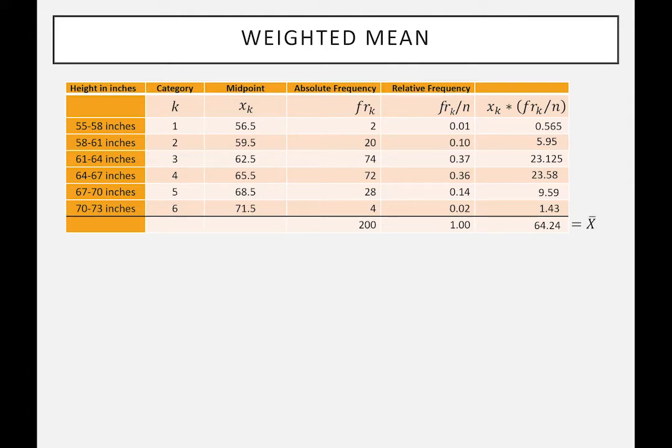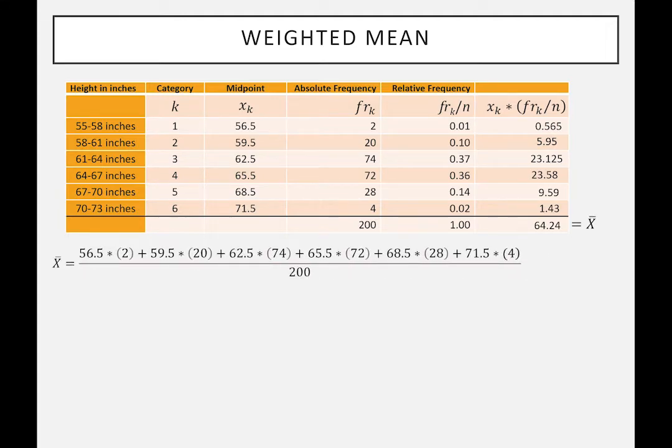I want to take a quick glance at what this calculation amounts to really. If I were to do it the simple method as before, well, in effect, what would happen is I'd have two students that were 56.5 inches tall. Then I'd have 20 students that were 59.5 and 74 students at 72 and so forth. I would multiply this and then divide by 200, and that would give me the average. That would be the simple method. Taking into account the fact that I don't know exactly how tall each of the students is, my best guess